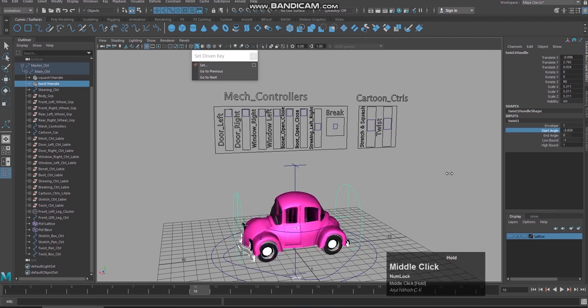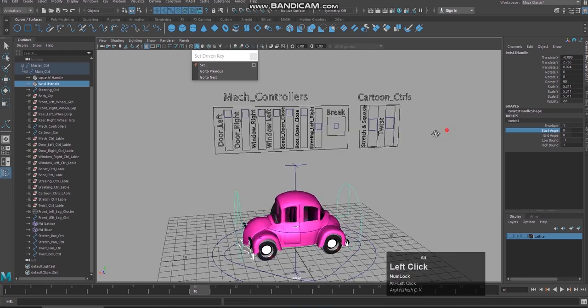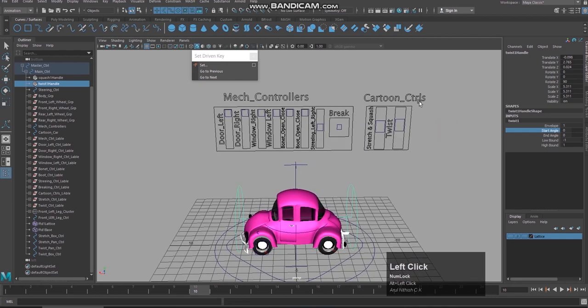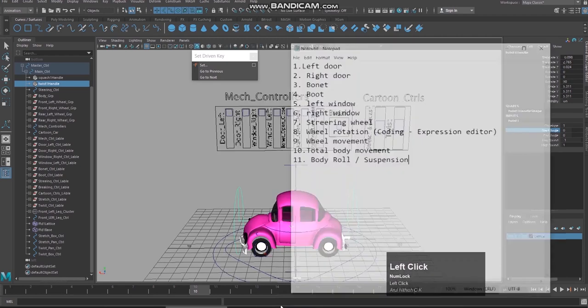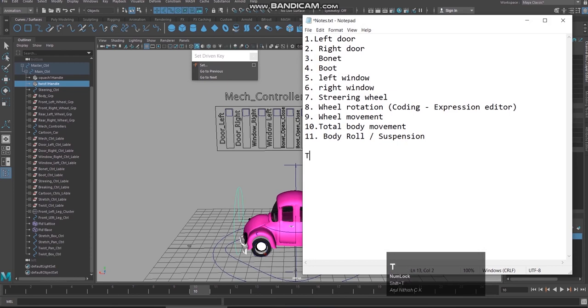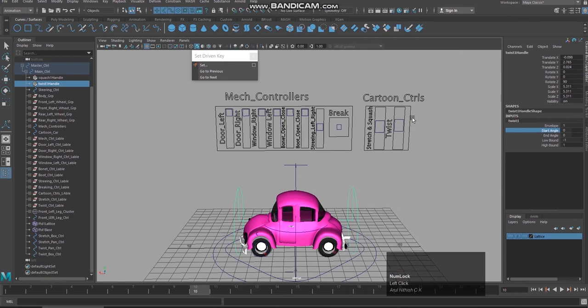For that you should give the start angle, and you should create one more box controller and name it twist back. One is twist face, and the second one is twist back. So create one more box controller and give the name twist back.